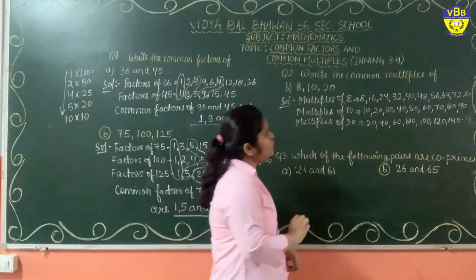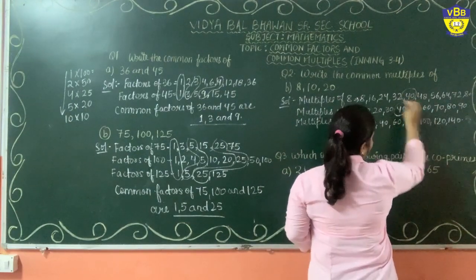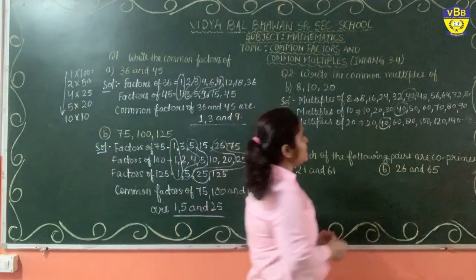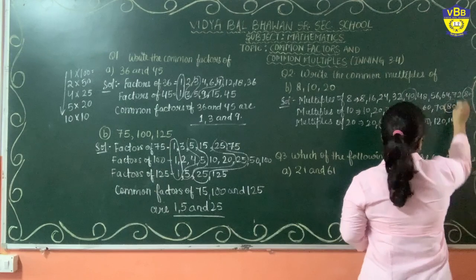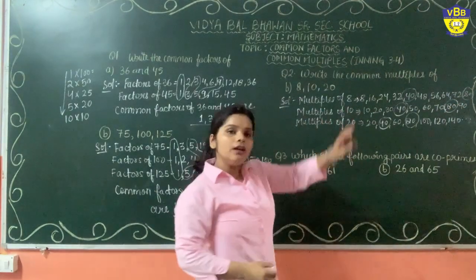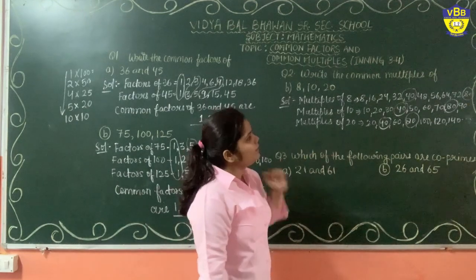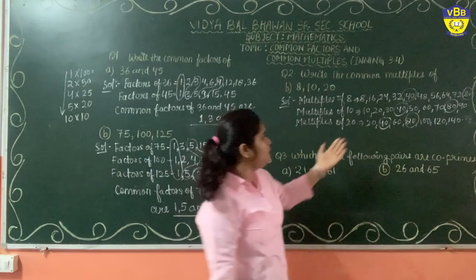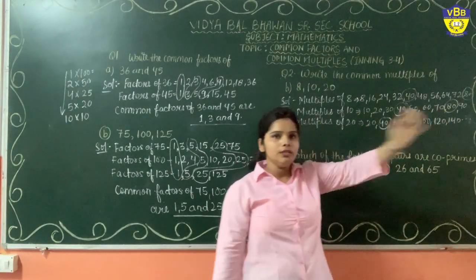You can see the first common multiple here is 40. You can see 40 is the first common multiple. After that, the second one is 80. 80 is the second common multiple here in all these 3 numbers. Okay. After that, if we want to find the third common multiple, we need to write the table till more numbers.